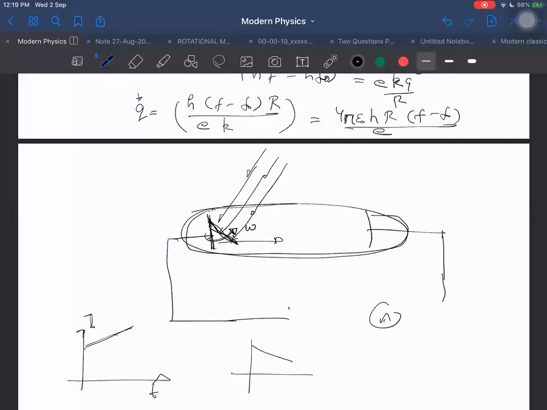Yes, it will change now. Why? Because the number of photoelectrons emitted will become more. Why will it become more? Because the energy incident is changing as the angle is changing. As the angle is changing, more photons are able to get incident on that area, and as a result, more electrons will get emitted. So obviously, this question can be asked.